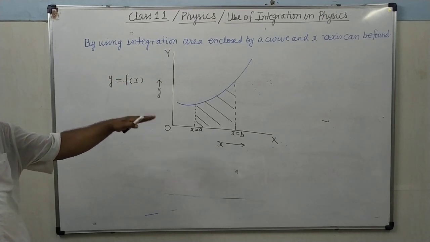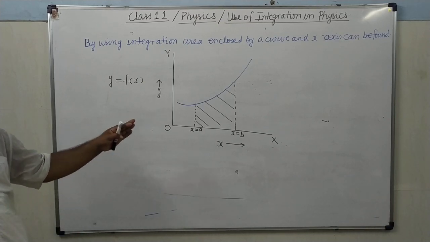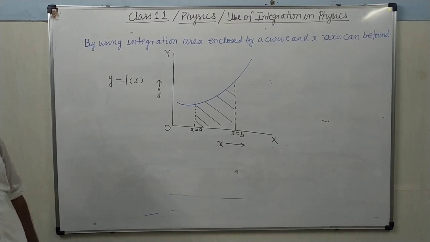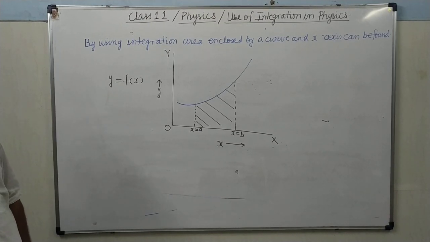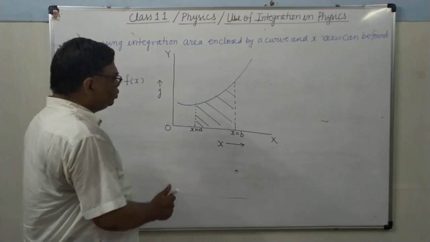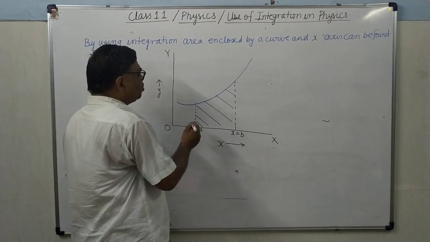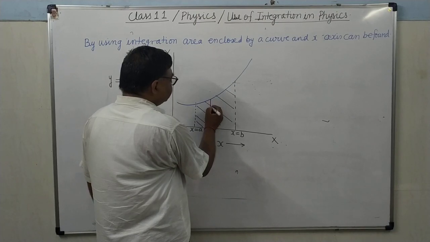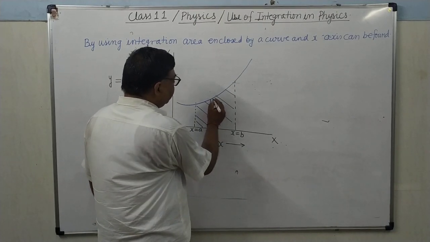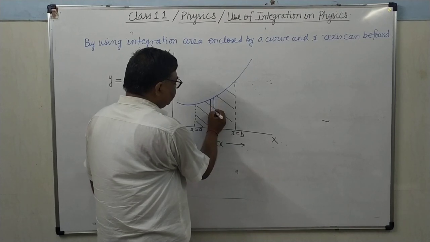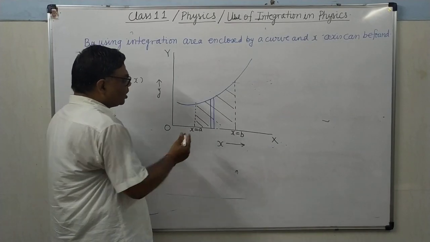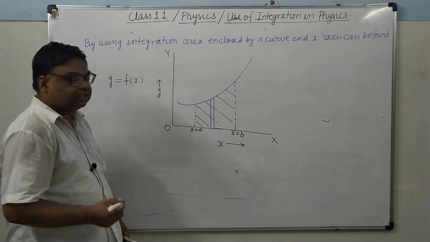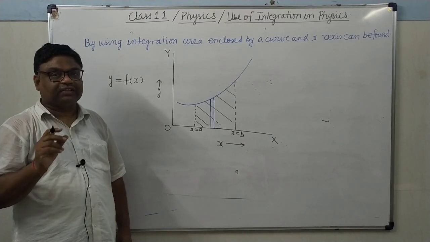In that case we found the regular diagram, which was a trapezium, and we found the area by using the formula for the area of a trapezium. But suppose this is not a regular diagram, then what will you do? You will split this area into rectangular strips of infinitesimally small, infinitely small width. We will split the area which is to be calculated into rectangular strips of infinitely small widths.